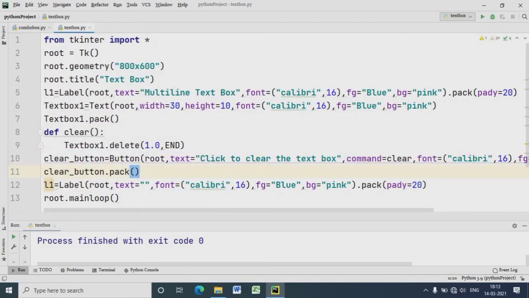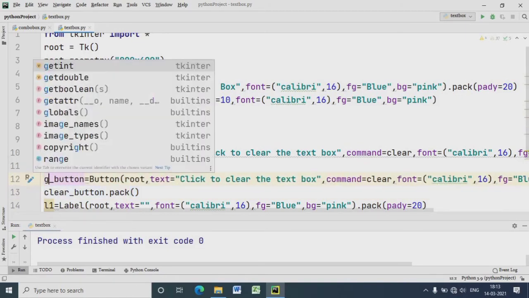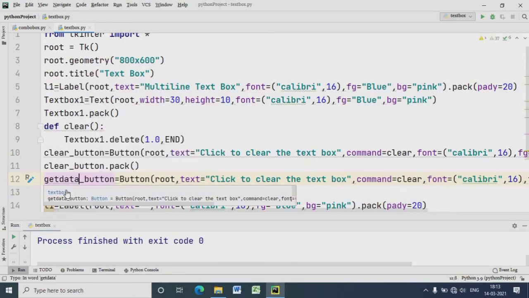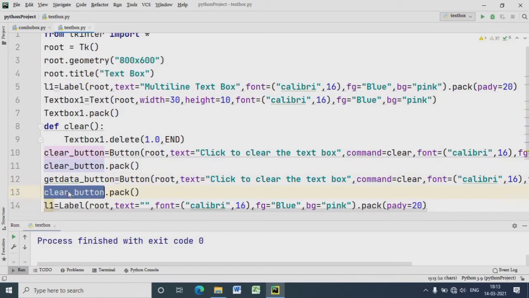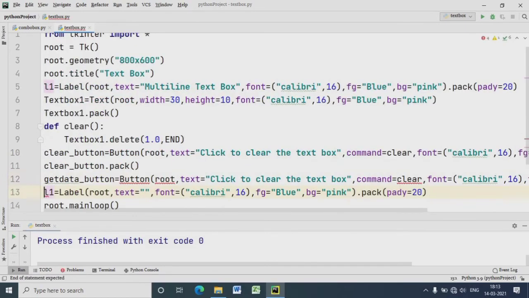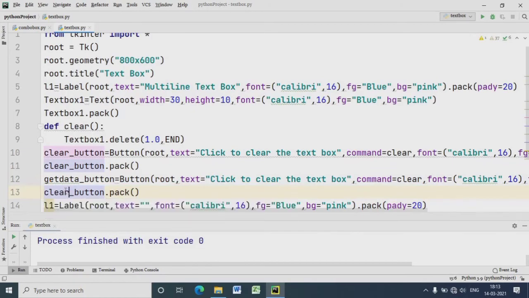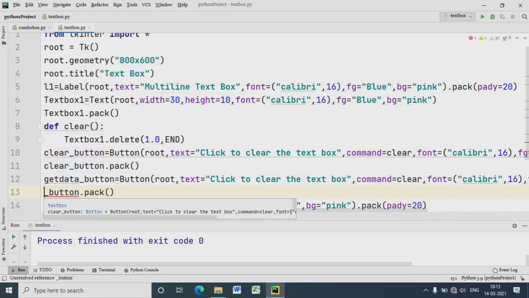We will define another button where if we click on the button, then whatever is there in the text box, it will be written in the label. The button name is Get Data button and the command is get data.